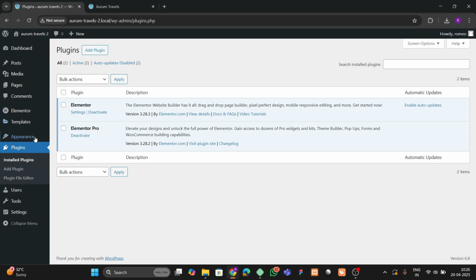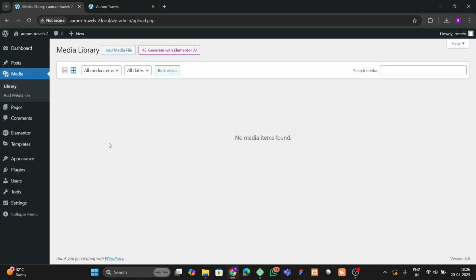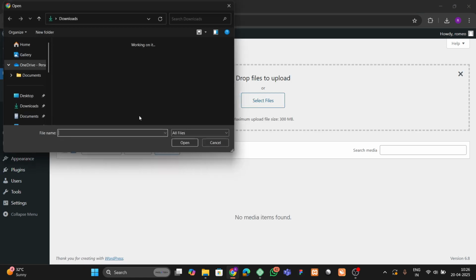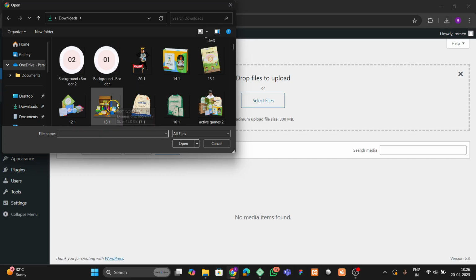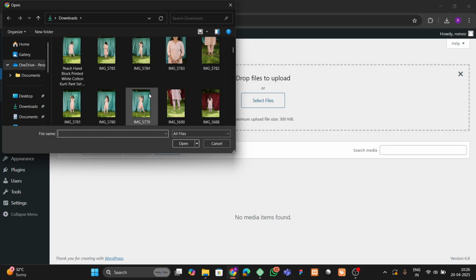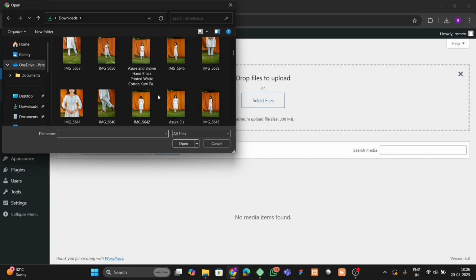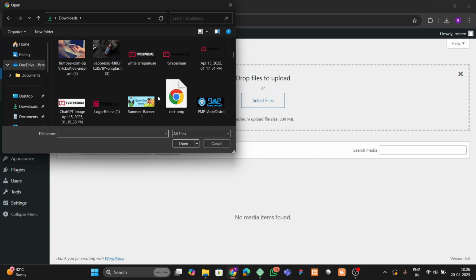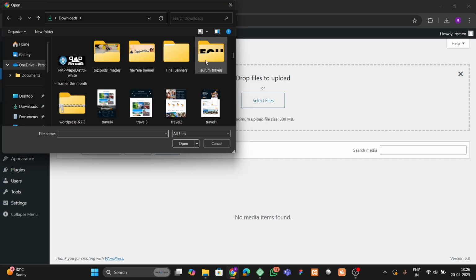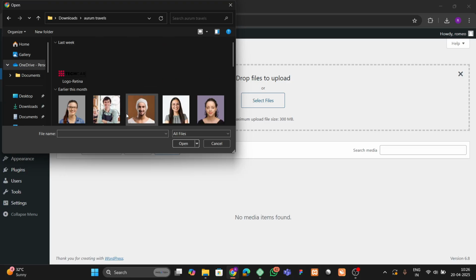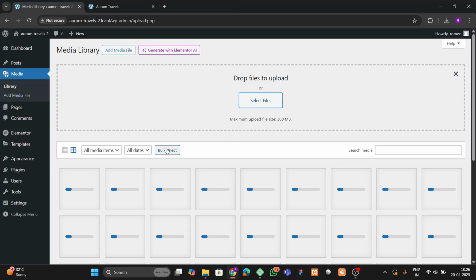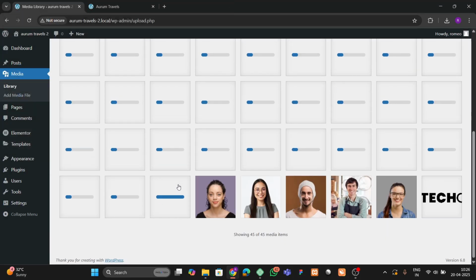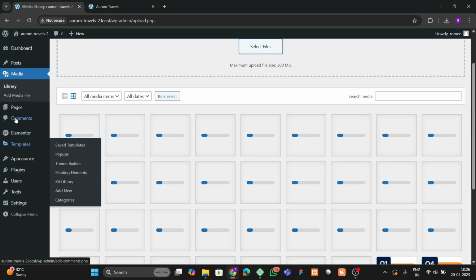So let's go to the media option first, and we're gonna import all the images which are required for making this. I will give you all these images in the video description for free, so you can have all the images from the video description. Okay, so let me upload all of these images, and okay, so here are all the images. Let me complete all of these image uploads, and till then let's go to the pages option, and